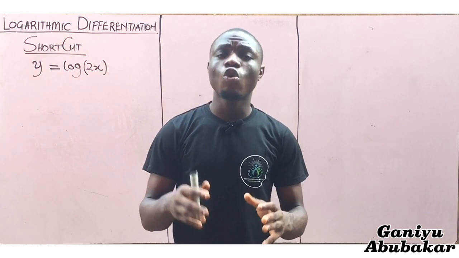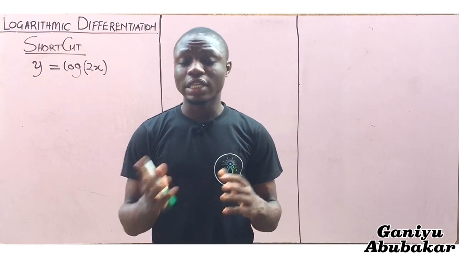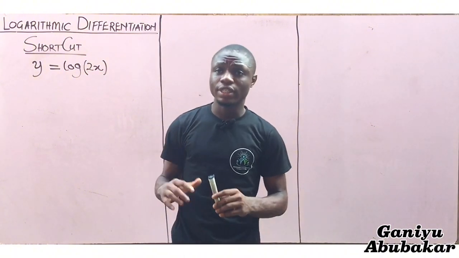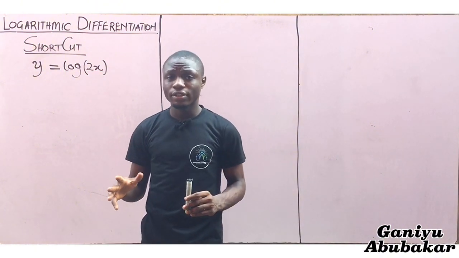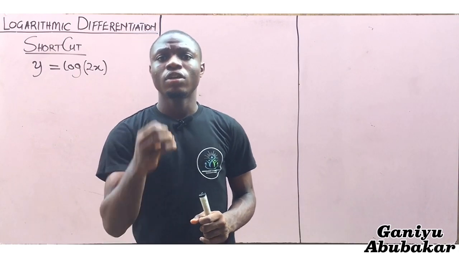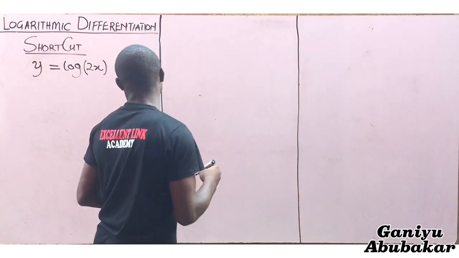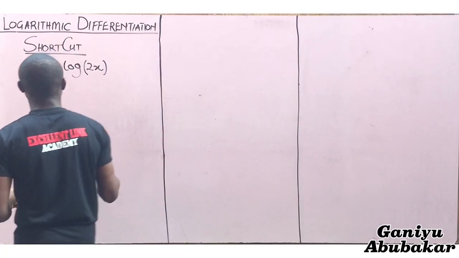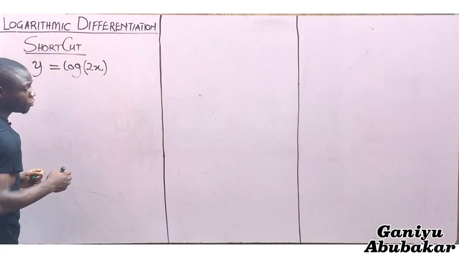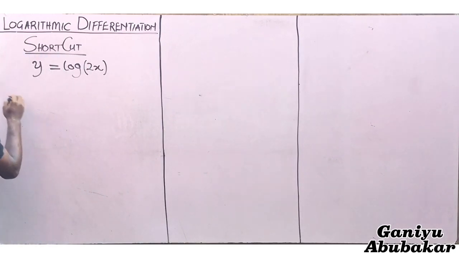Your first task is to call the term in bracket u, as we did in the last class. But for the shortcut here, the idea changes. Your first task is to differentiate the term in bracket as the numerator. So let me give you some basic rules in solving logarithmic function of differentiation, right? So shortcut number one, rule one says